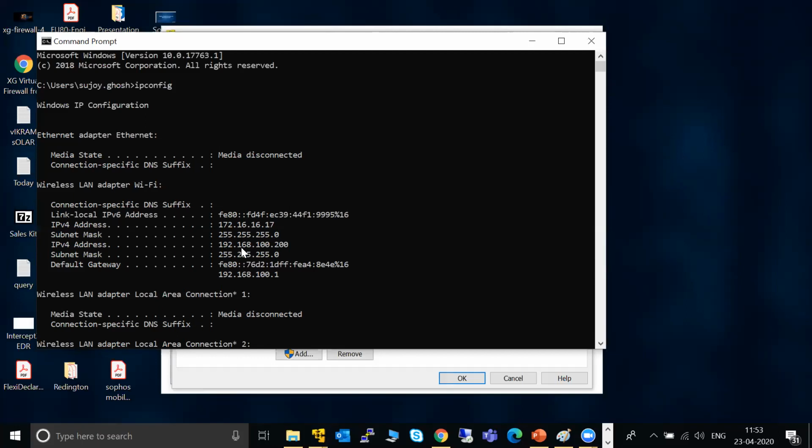Normally it gives the IP address on the 192.168.100 series, and I removed it from DHCP to normal mode, so that if somehow this particular modem gets disconnected, my IP remains the same. I also added 172.16.16.17, because by default 172.16.16.16 is the IP address of any newly built virtual firewall or any newly shipped hardware firewall.